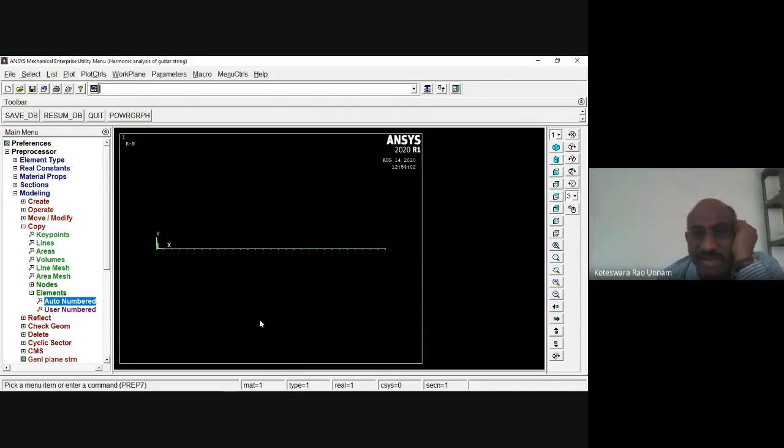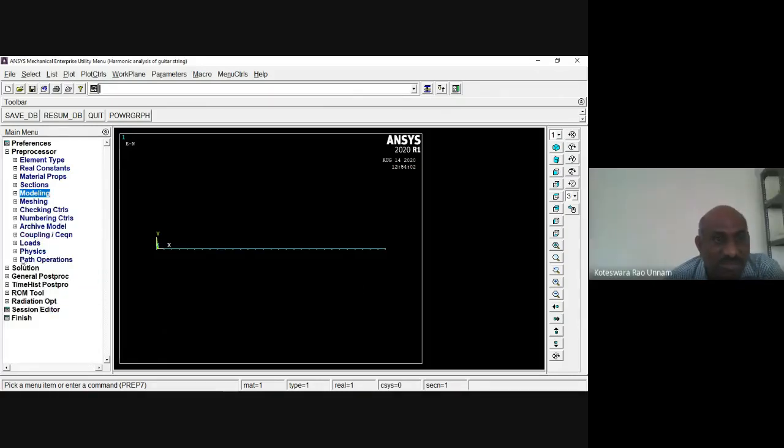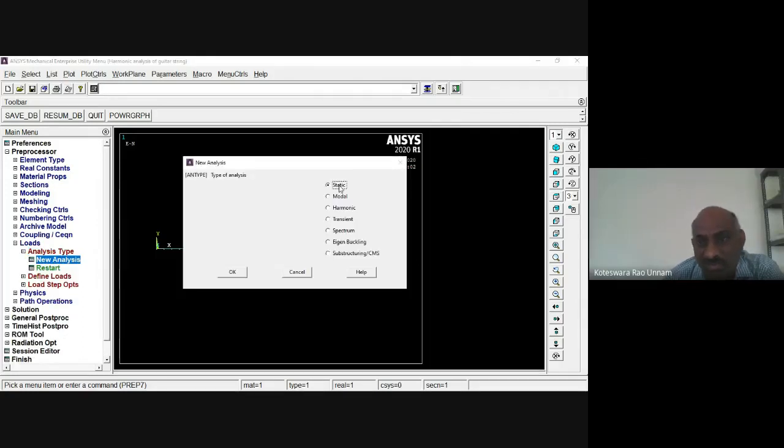Once you have created this, your FE model is over. First we'll carry out the static analysis, then the modal analysis, then the harmonic analysis. To do that, I need to go to analysis type, new analysis. Of course, by default it is static only, so it will be selected as static.